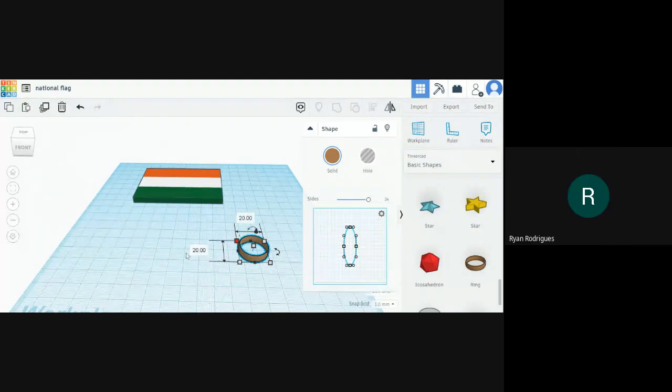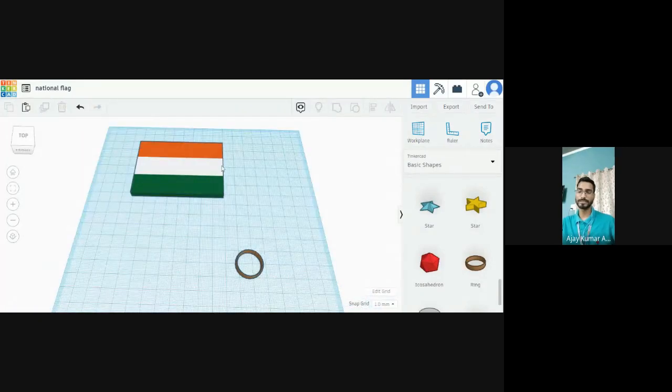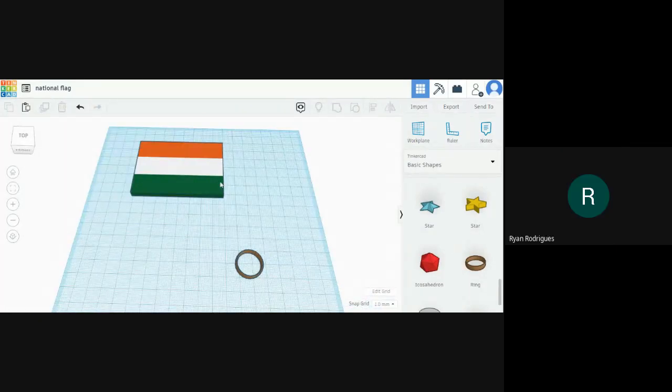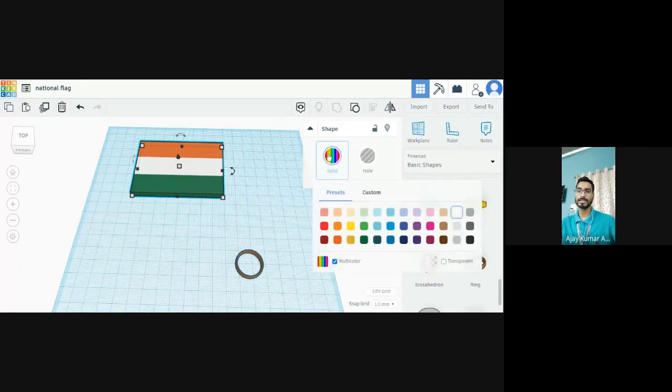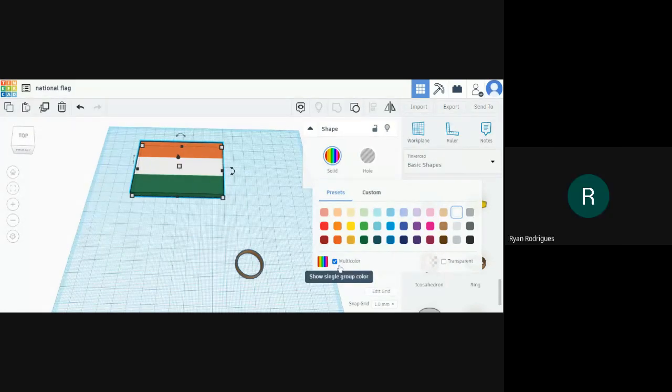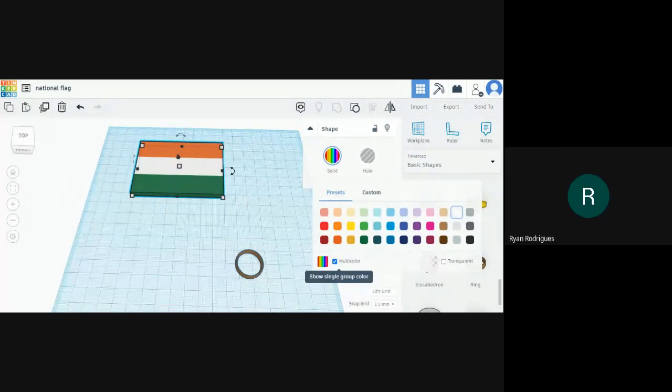Okay. You have used the group command. After using the group command, your color will become green. Yes, sir. Okay, so you can select the figure. आप फिगर को select करेंगे and go to the solid one. आपने solid color में जाना है and use the option multicolor. आप जैसे multi color का option choose करेंगे, the color will appear as it was previously. Okay, sir. Thank you, sir.